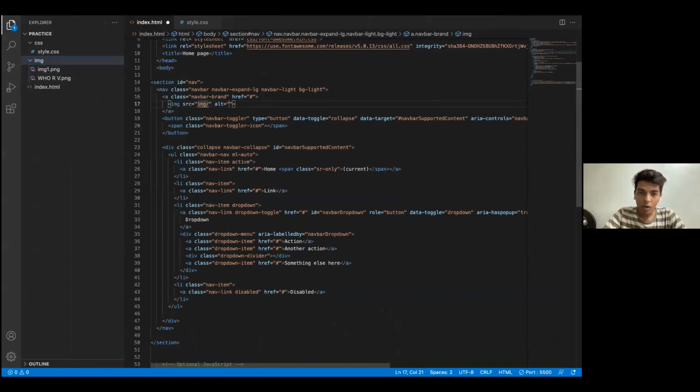Right now I'm going to make a path for that image. Source gives us a path. Source means it's a path. So I have to tell source where my image is coming from. My image is coming from the image folder, and then there is an image. So image, then a backslash and image.png. Now the image will be there.